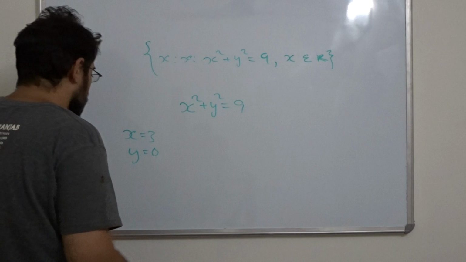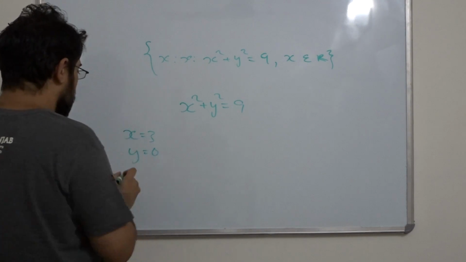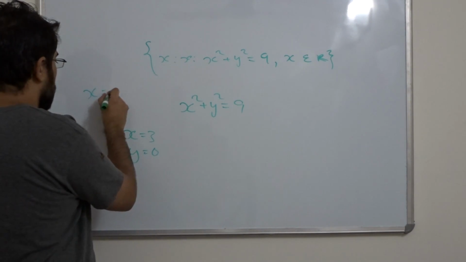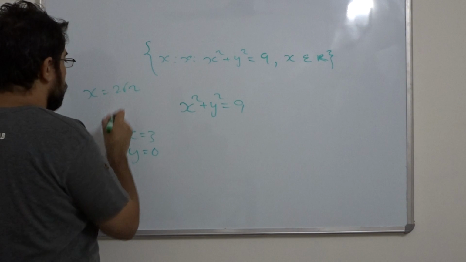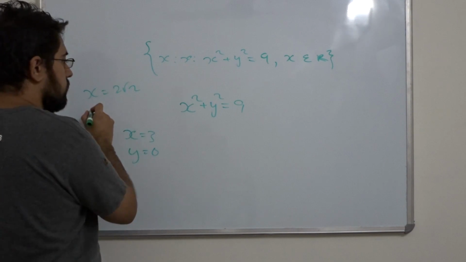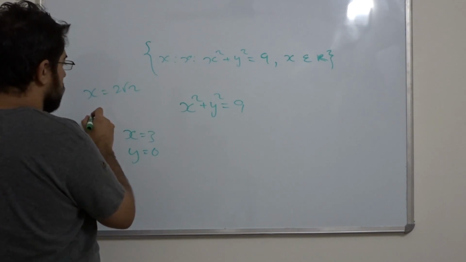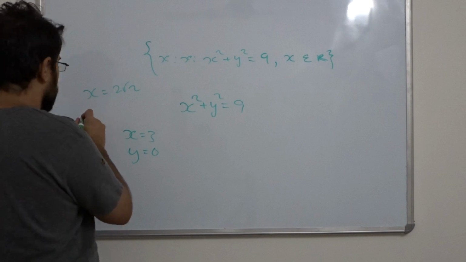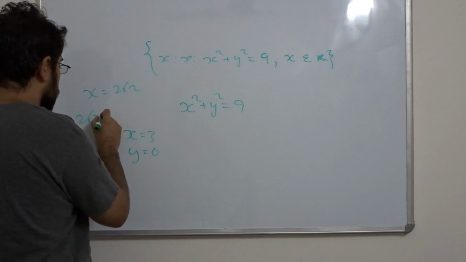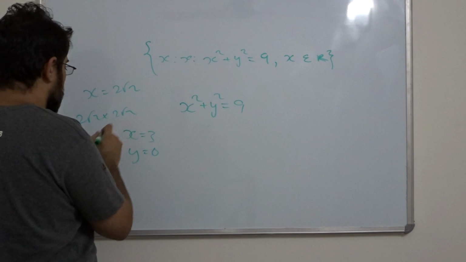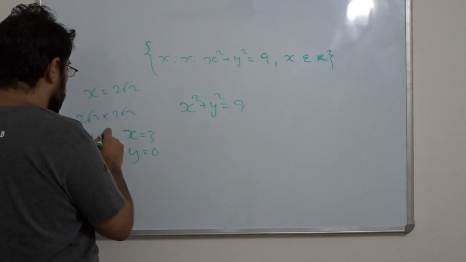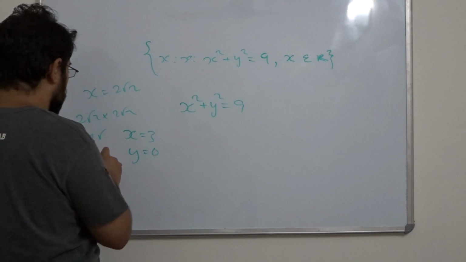Or x could be maybe 2 root 2. Wait, maybe I'm screwing up. I don't know. 4 root. Okay, wait. 4 times